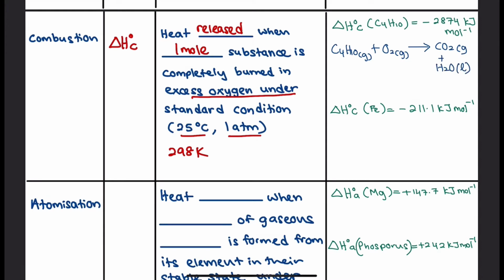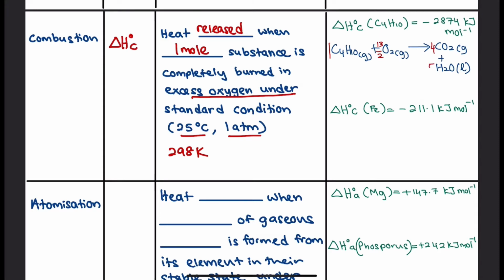Based on definition, 1 mole of substance is completely burned. Therefore, we have to maintain 1 mole in front of C4H10 and balance the chemical equation by placing 13/2 in front of oxygen, 4 in front of carbon dioxide and 5